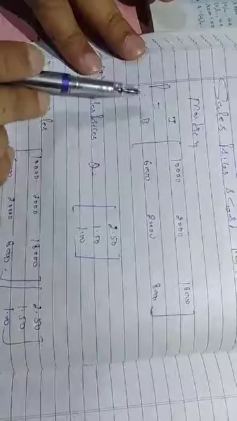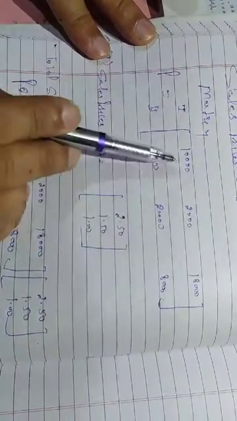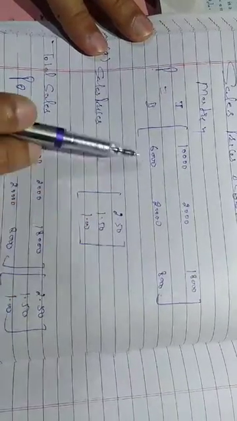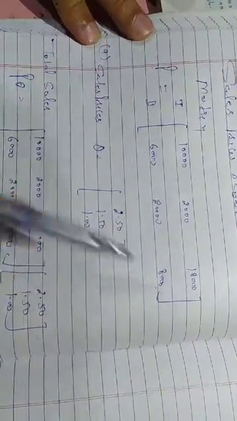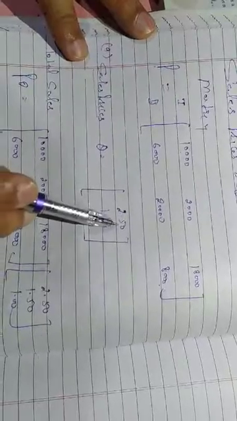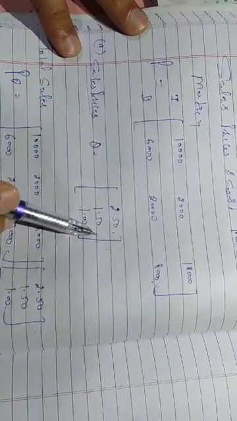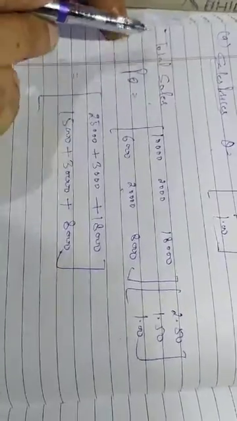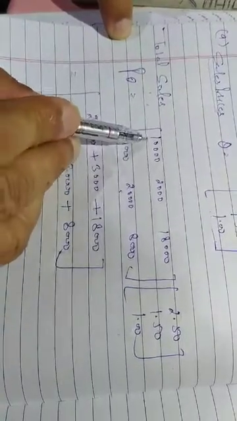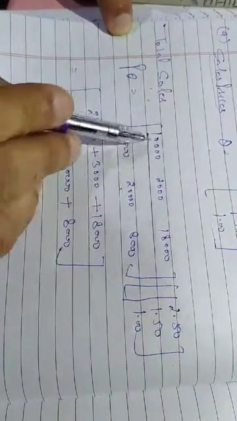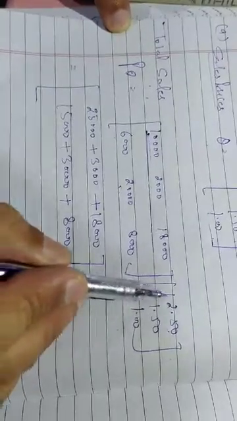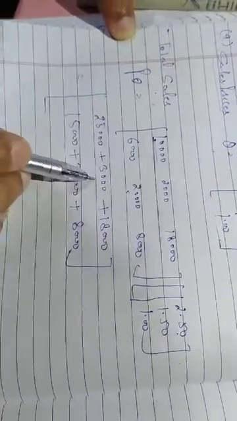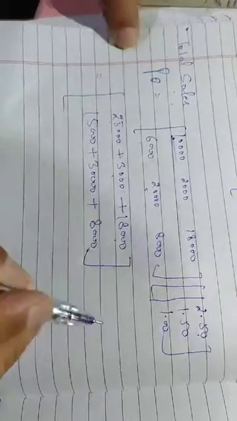The items produced, written in row matrix P in the P form, are 10,000, 2,000, 18,000, 6,000, 20,000 and 8,000. Their sale prices are 2.50 rupees, 1.50 rupees, 1 rupee. Total sales: multiply P and Q. Multiply the first row, first column, 10,000 with 2.50. It becomes 25,000, 300, 3,000 and 1,800.